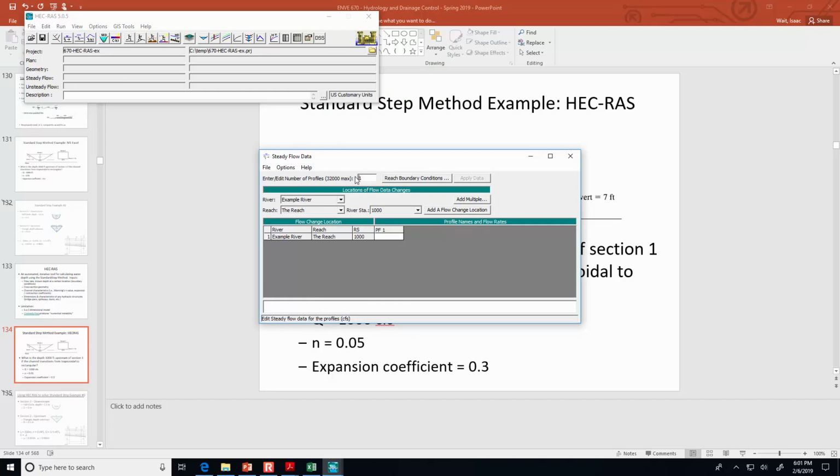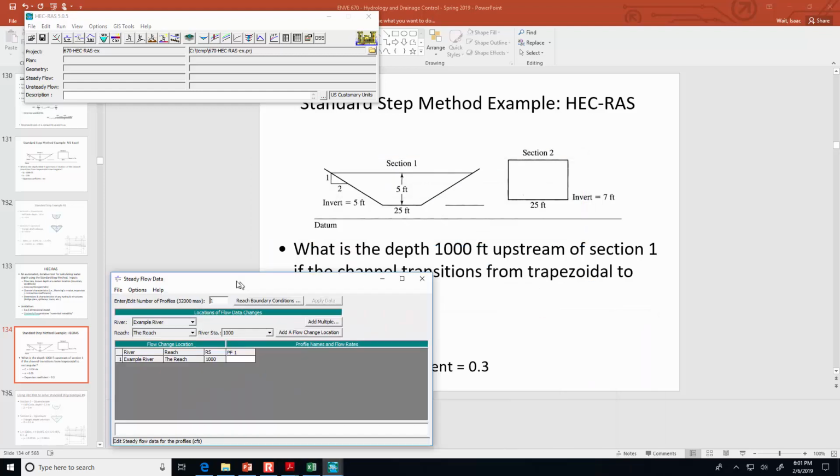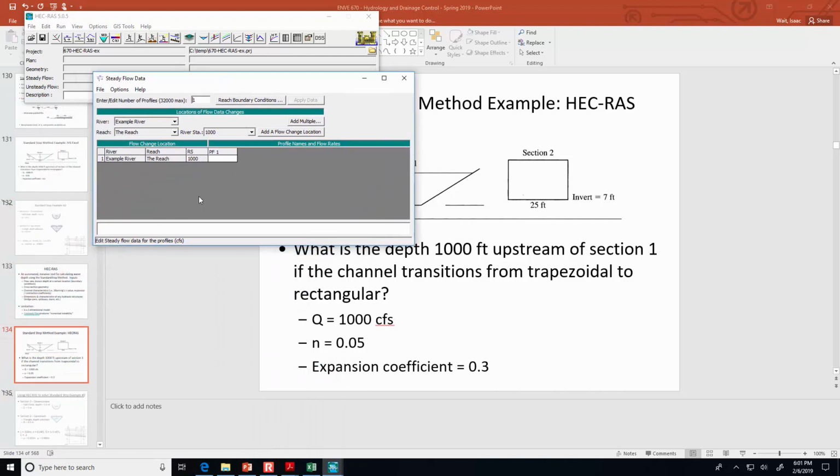So here where it says 1, that's plenty, because we want to find out 1,000 CFS. And so here, the thing we need to enter, PF, we're going to put in the profile. We want to find out what's the depth when the flow rate is 1,000 CFS. And by the way, down here at the bottom, it's always giving you hints about what you should be entering in the units. For the profiles. Okay, so 1,000,